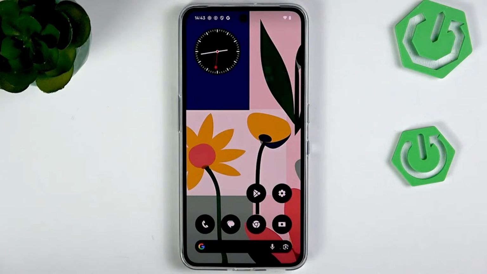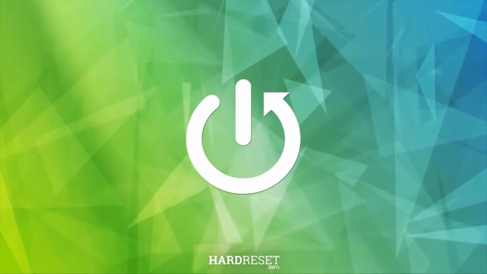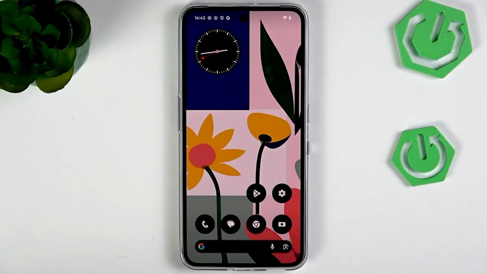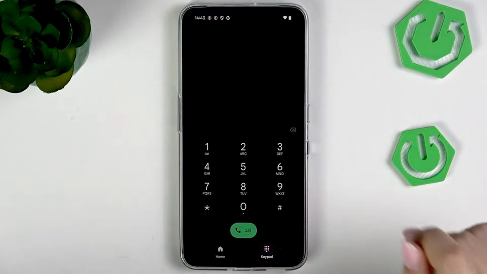Hi everyone, in front of me I've got Nothing Phone 3A Lite, and let me share with you how to use secret codes on this device. So let's start with opening the dialer. Tap on the keypad and enter the first code, which is